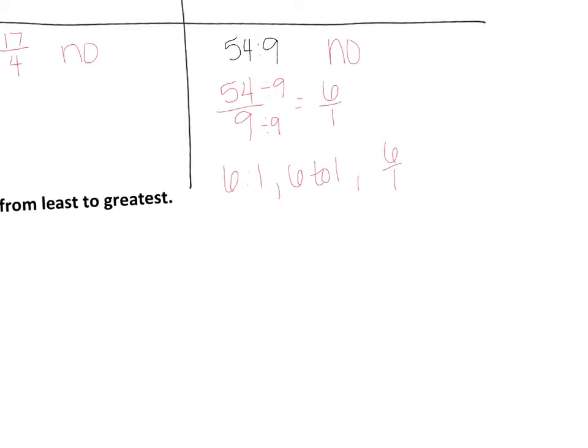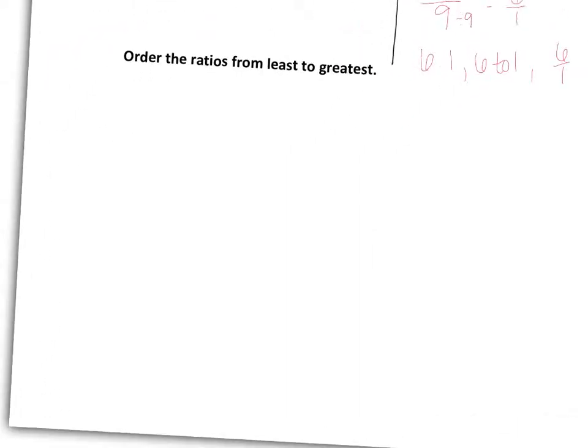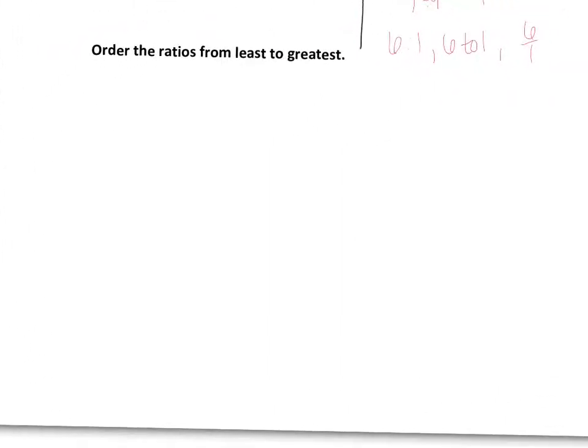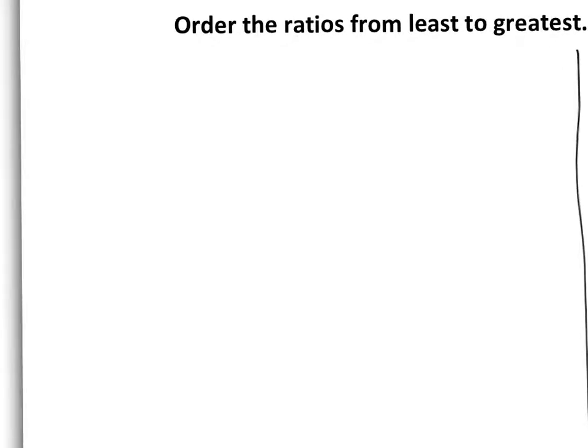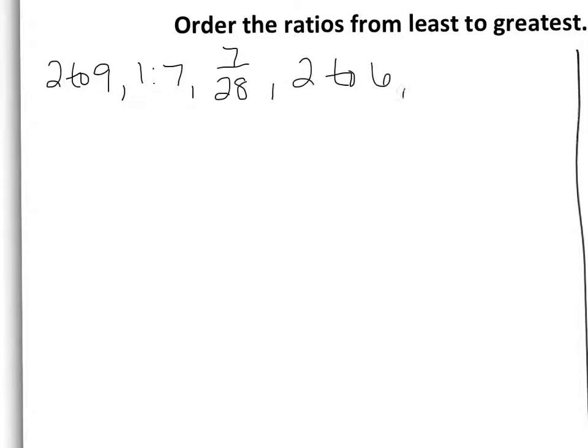Okay, the last thing that we're going to do today is order ratios from least to greatest, which is something that you already know how to do. It just looks a little different. So for the first example, let's look at 2 to 9, 1 to 7, 7 to 28, 2 to 6,